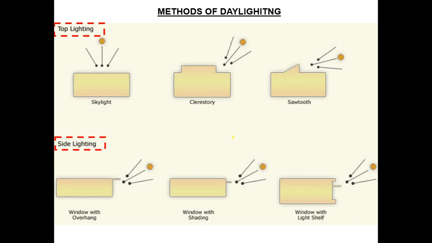Next, we are going to turn a little bit towards our methods of daylighting, which is more technical. We have two types of lighting: top lighting and side lighting. In top lighting we have skylights, clerestories, and sawtooth lighting, which is also called north lighting or industrial lighting. Then we have side lighting, which comes from the wall. The top lighting is from the roof, and the side lighting is from the wall elements. We have to understand what type of side lighting to use and how much lighting can be achieved from the top lighting and side lighting.